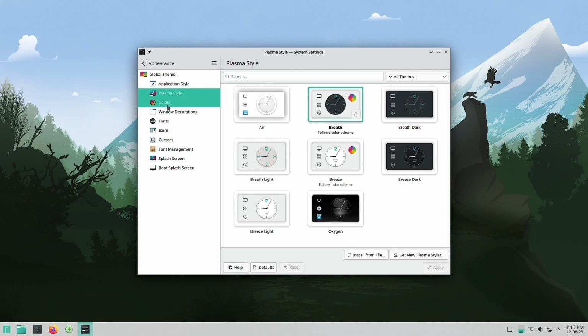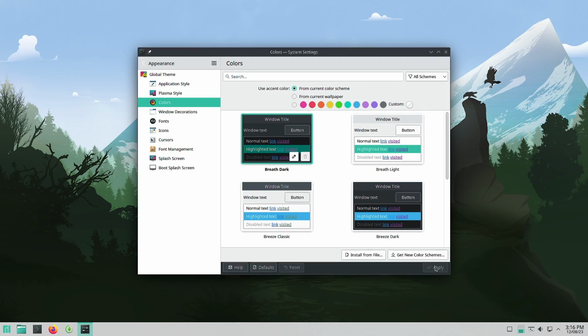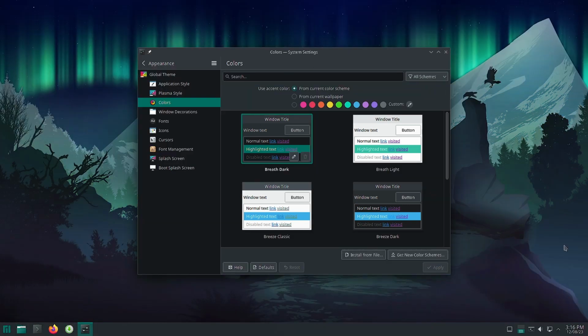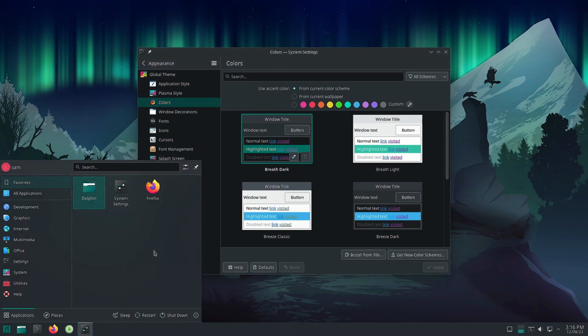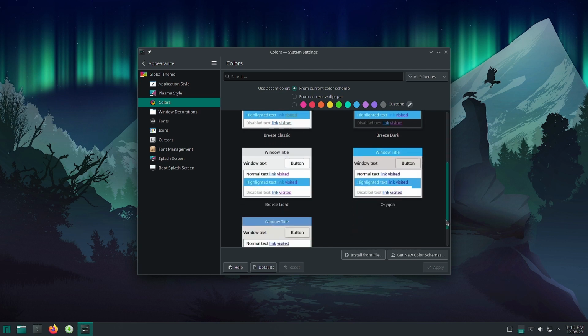In the colors, let us open. So this will change the accent colors. So right now Breeze Light is there with the green accent. We can go with the Breeze Dark also and apply it. So let us see what happens. So you can see the complete window colors have changed, accent colors have changed, and the window backgrounds also have changed to black. There are two color themes, Breeze Dark and the Breeze Light. So you can choose any one. Rest are all from the